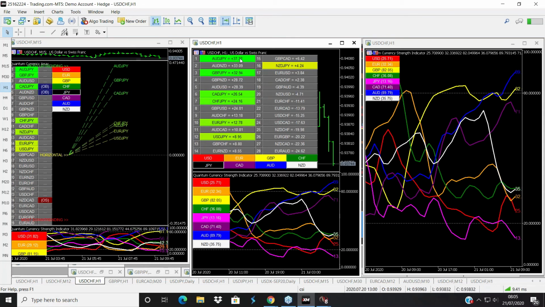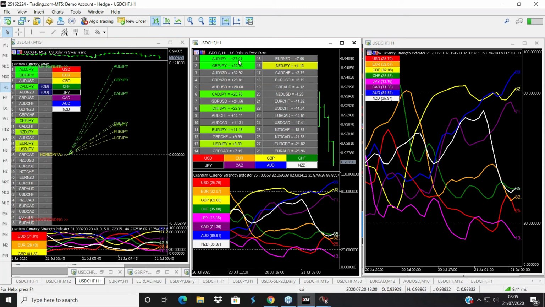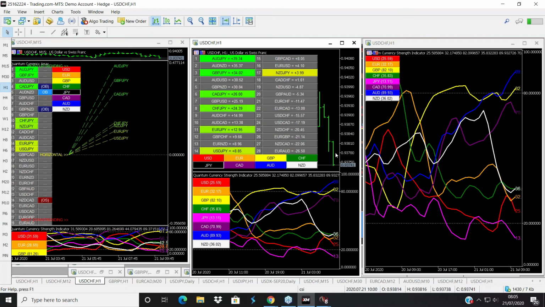We've got the Aussie yen at the top. The numbers aren't a lot to write about. The numbers on the matrix also tell us whether it's strong buying or strong selling. And by the way, there is an upgrade coming to this indicator whereby that number that you see at the top and the bottom, we've given it a rating, to give us an indication of whether that's a high or medium or low number, to give us a feel for the kind of momentum that's been behind that move.